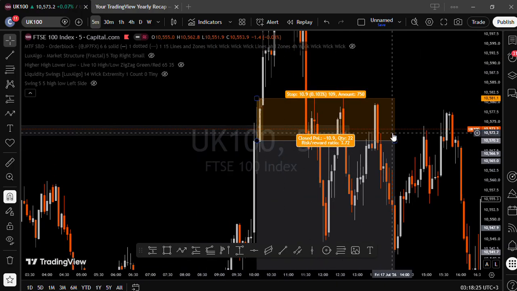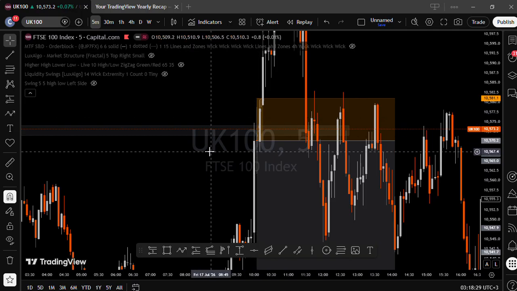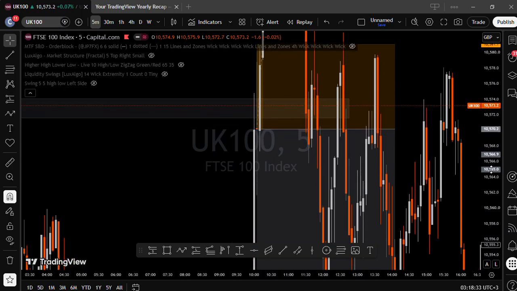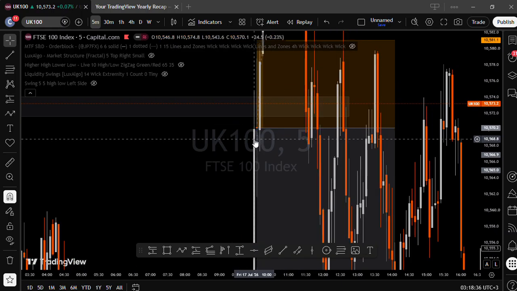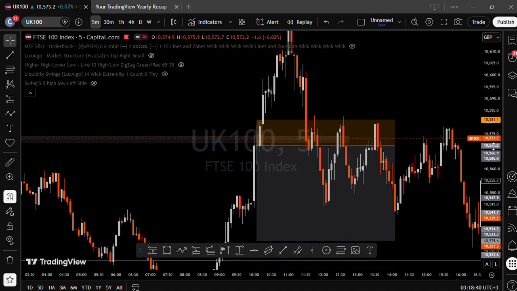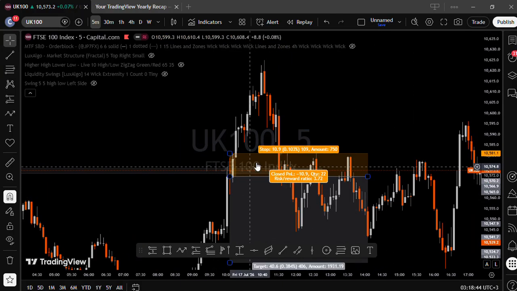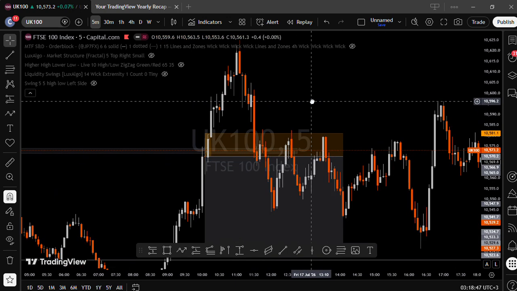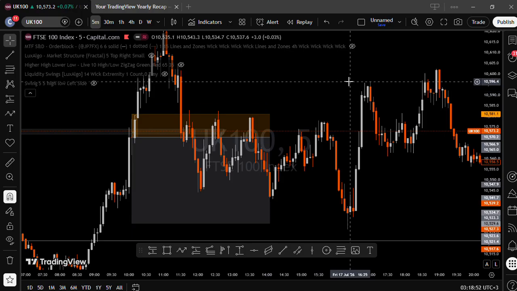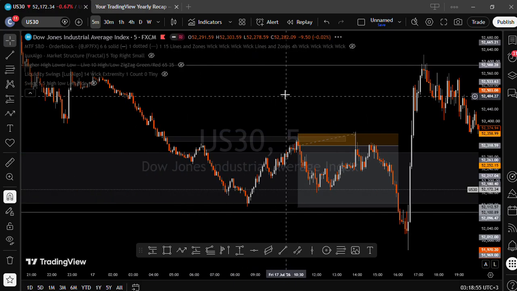And then I was not really patient with this candle closure, because normally I would not enter when a candle has closed like this. As you can see, this is an indecision candle. This is not a bearish candle that I can say we have confidence in. So I got into this trade, and within less than 5 minutes I was stopped out. So that's a lesson for me to learn. I was stopped out, and I lost